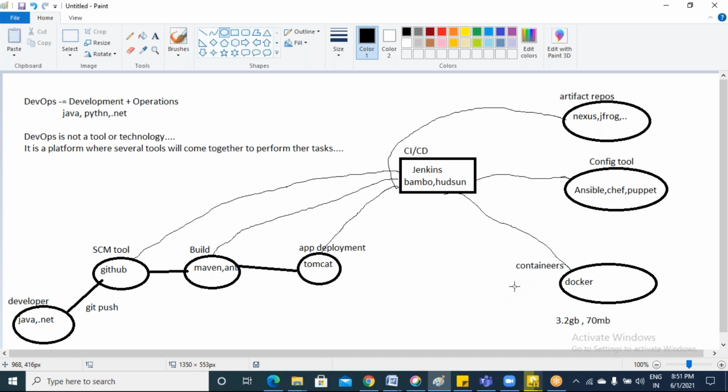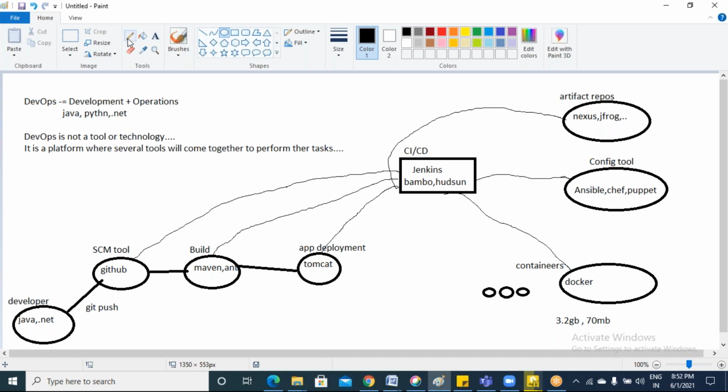Okay, inside your Docker, containers will be created like this. Small containers will be created. Every container is nothing but a server. I give you an example here: 70 MB one server, another 70 MB another server, another 70 MB another server. So like that, for example, if it's a 3.2 GB space, it is covered by your Windows operating system in a Windows machine. In that same space, we can create more than 40 servers, 28 to 30 servers with Docker. Okay, understood the usage of Docker.